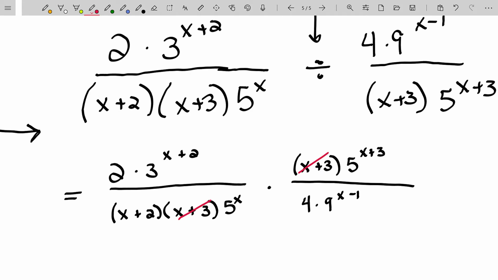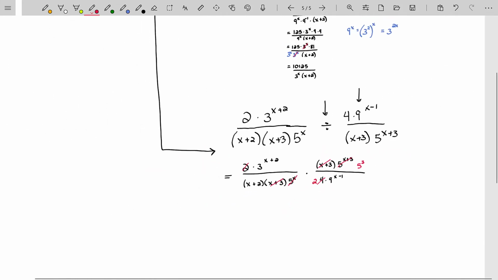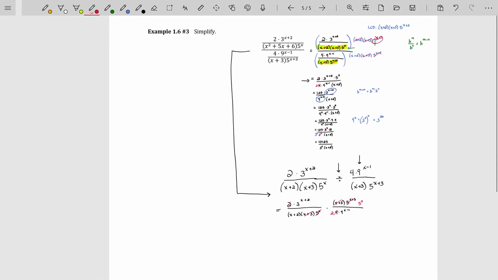So you can see the x plus 3 is canceled. Let's see, the 5 to the x goes into 5 to the x plus 3, 5 to the third times. 2 goes into 4 twice. So it does clean up somewhat quickly, but you still have all that extra work with 3 to the x plus 2 being 3 to the x times 3 to the second, and 9 to the x minus 1 being 9 to the x times 9 to the negative first, and going through all that. So you still do have a lot of extra work in this problem, but I just want to showcase that